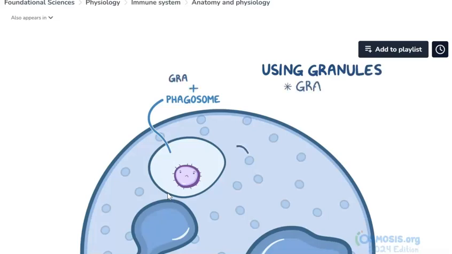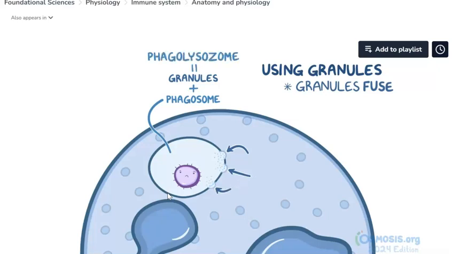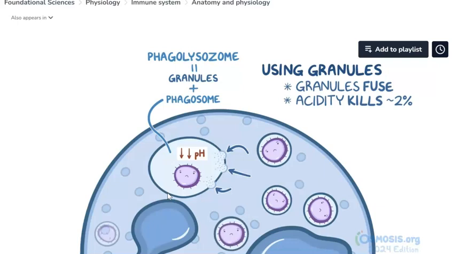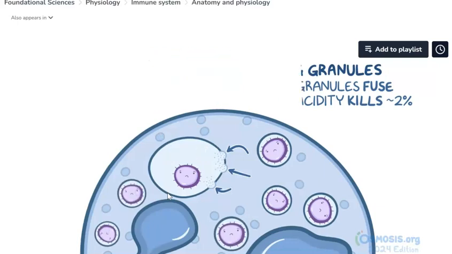First, the cytoplasmic granules fuse with the phagosome to form the phagolysosome. The granules contain molecules that lower the pH of the phagolysosome, making it very acidic, and that kills about 2% of the pathogens. Now, the neutrophil doesn't stop there. It keeps swallowing up more and more pathogens until it's full of pathogens, and at that point, it unleashes the